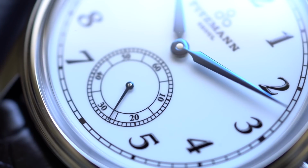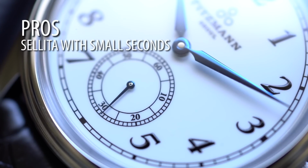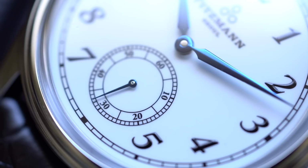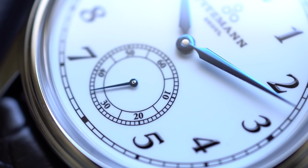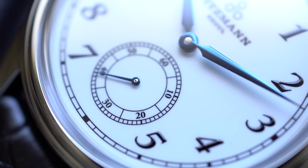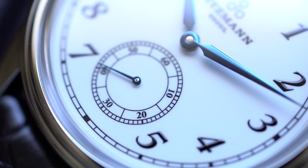Using a Sellita with small seconds is the next pro, because it gives it a nice touch. It's not your normal three-hander. Small seconds is always very fun to look at, especially when we're talking about dress watches, but makes the watch very, very interesting. Now, speaking of that Sellita,